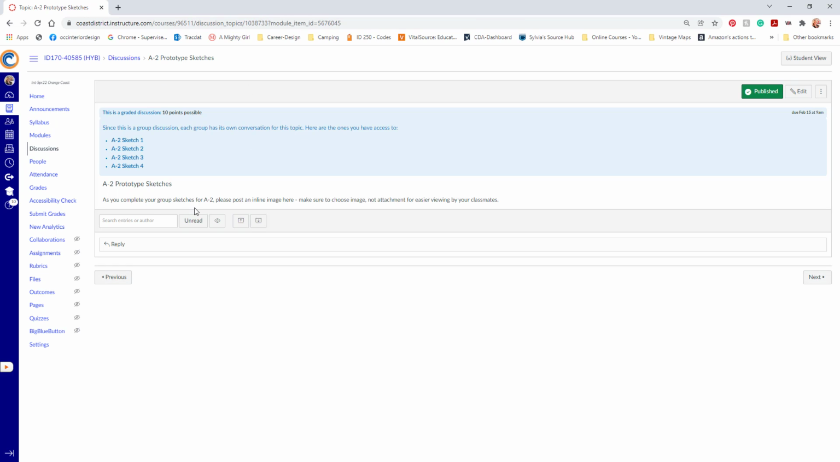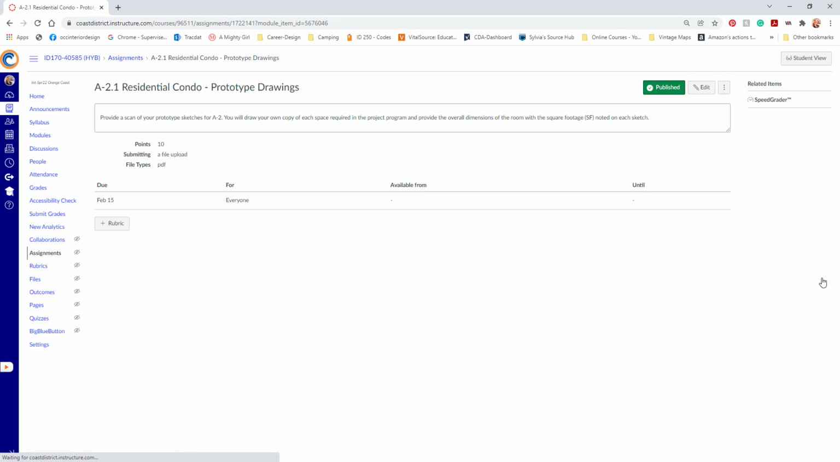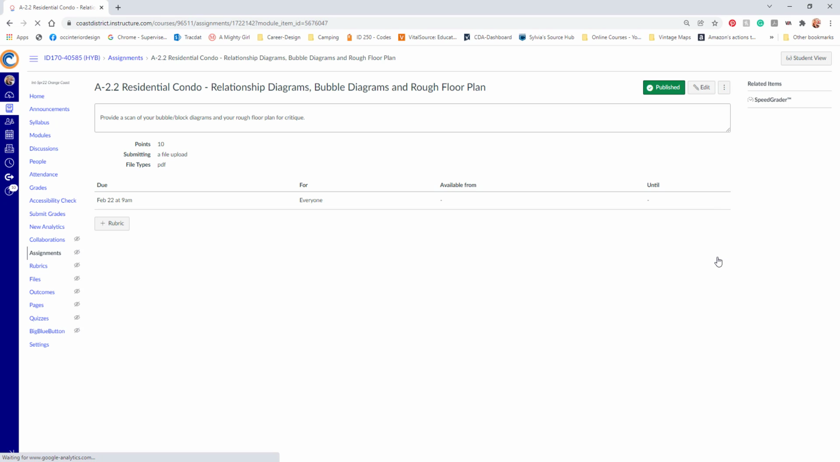You will be put into a group, and each group will have an assignment to create a few prototype sketches, program sketches for the project. So each group will create a couple. We will all share them, and then you will go ahead and draw them all on your own and turn in that entire page. So pay attention to the due dates and possibly the due times. They should show up on your